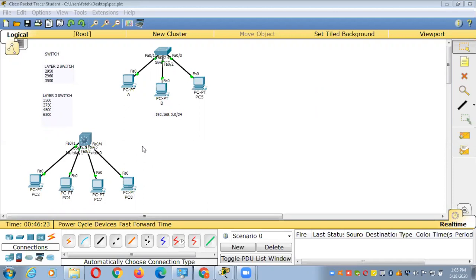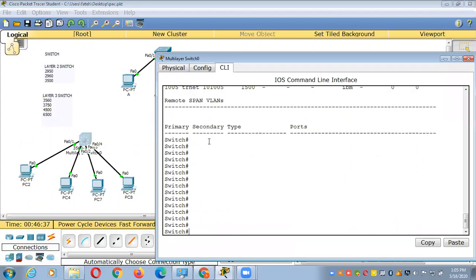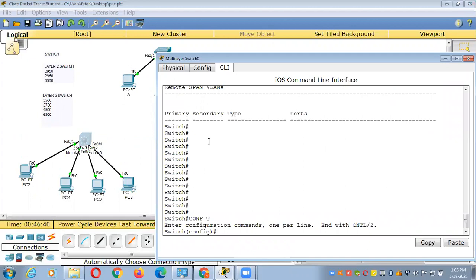The functionality of a router is routing, but in this scenario, your layer 3 switch also does routing. So what are you going to do? I'm going to create a VLAN here. So how will you create a VLAN in a switch? This is the configuration mode.